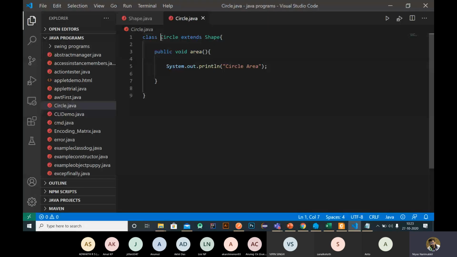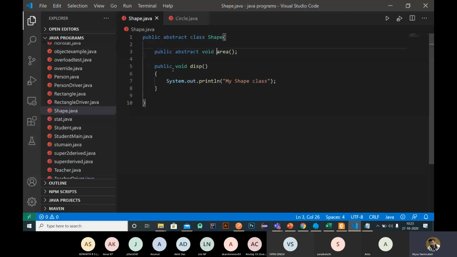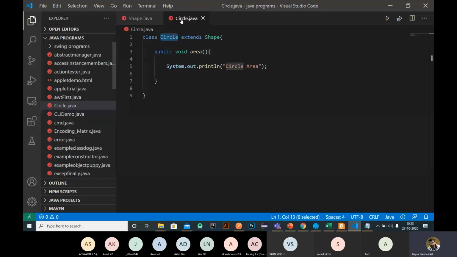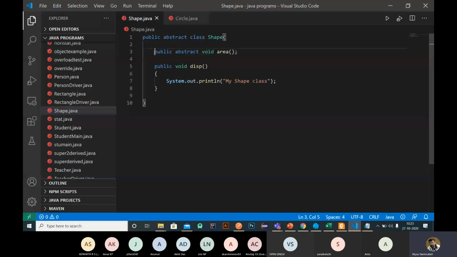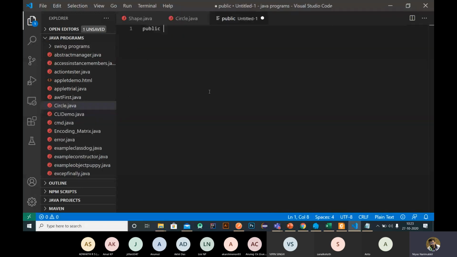Then we can create another method or another class to create an object of this circle. So shape is an abstract class and circle is the subclass that extends the features of the abstract shape class, and we implement or complete the abstract method here, right? Then we can create another class, public circle driver, in order to create the main.